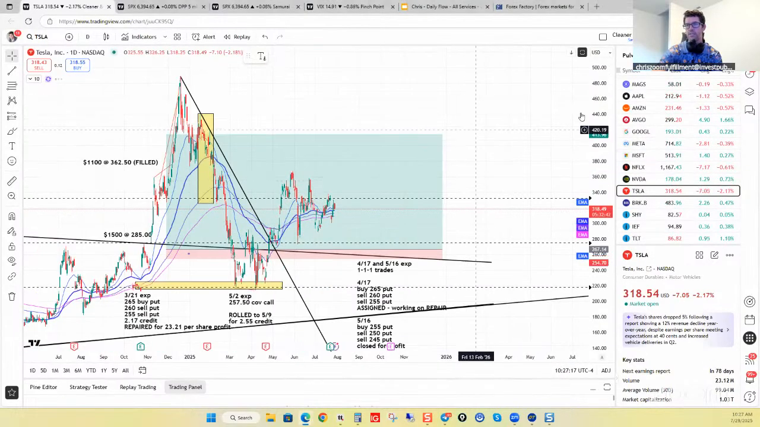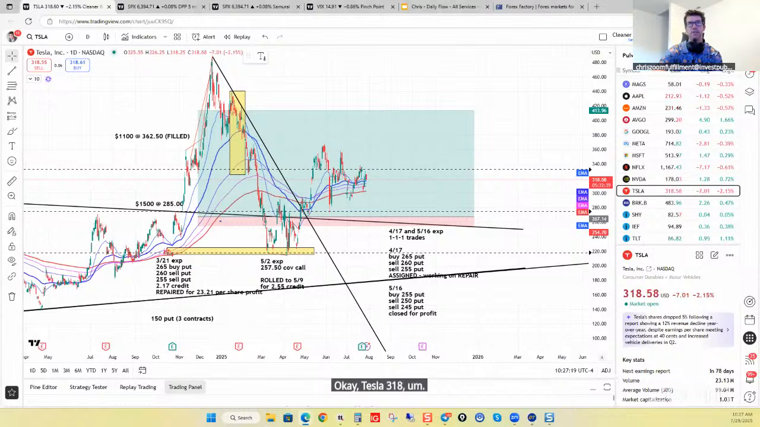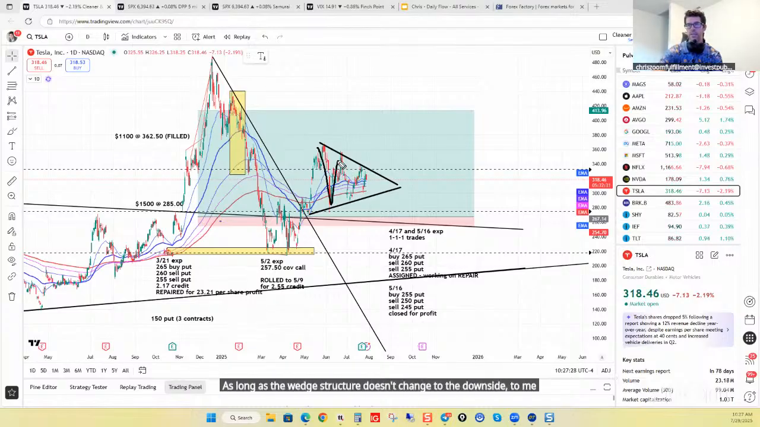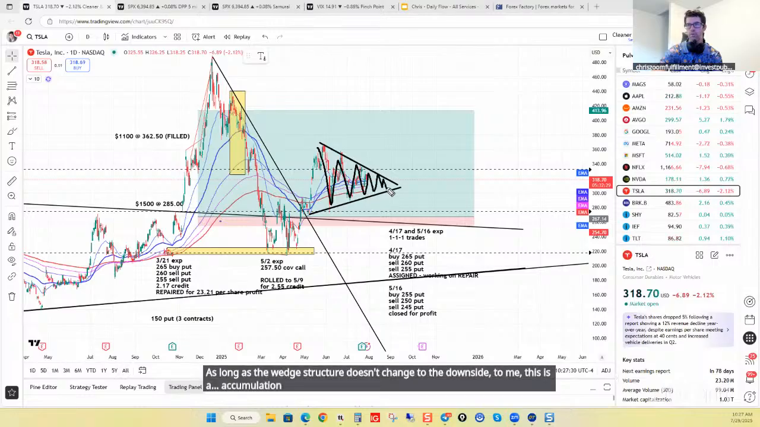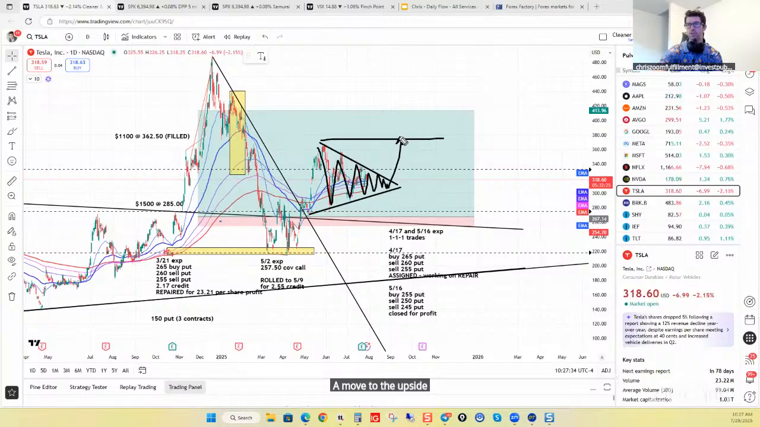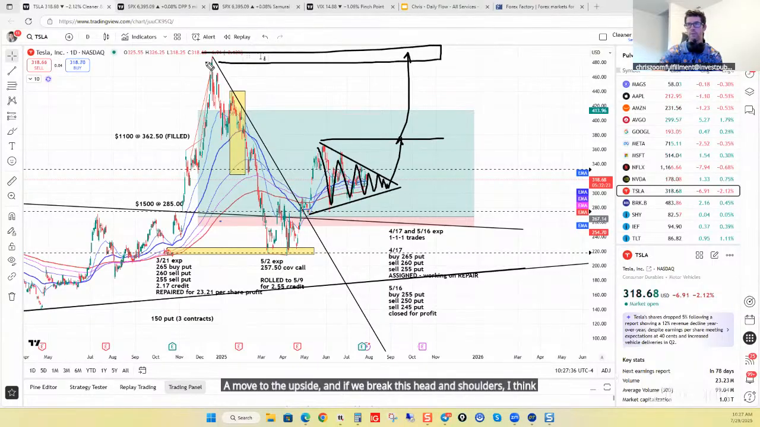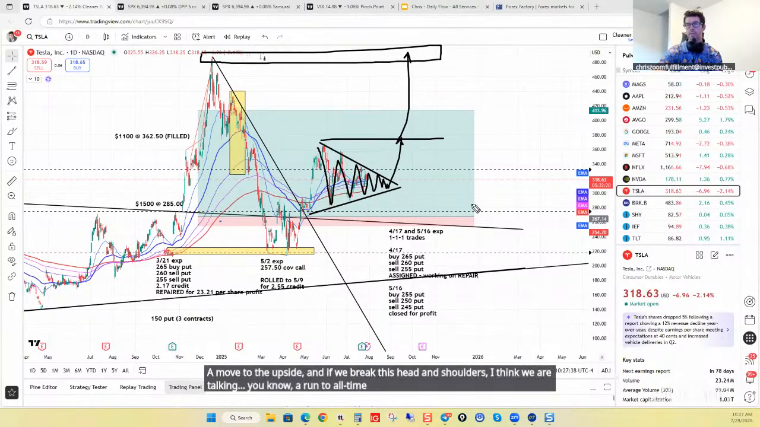Okay, Tesla, 318. To me, technically, I look at Tesla like this. We have a bit of a wedge. As long as the wedge structure doesn't change to the downside, to me, this is an accumulation phase that hopefully has a move to the upside. And if we break this head and shoulders, I think we are talking a run to all-time highs. It might be choppy,